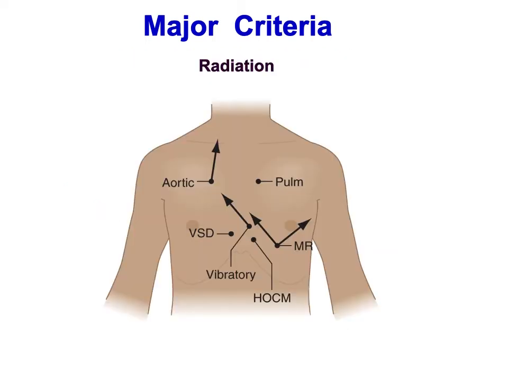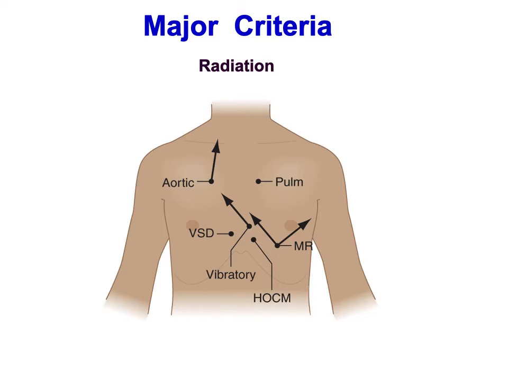As we were discussing the difference between conduction and radiation, from this picture, I have selected this one, you see. So you follow the direction of blood flow. From the aortic orifice, blood flows towards the great aorta, and that goes upwards and towards the left. So in aortic stenosis murmur, there will be selective propagation or radiation towards the carotid.